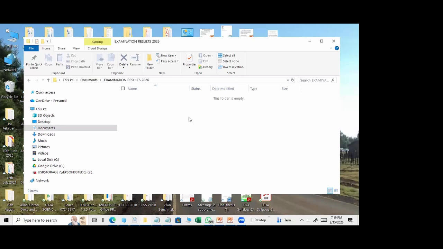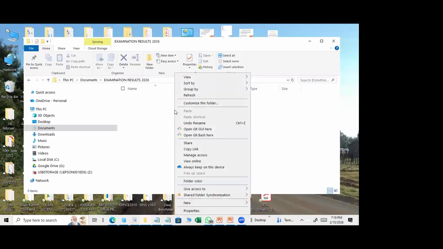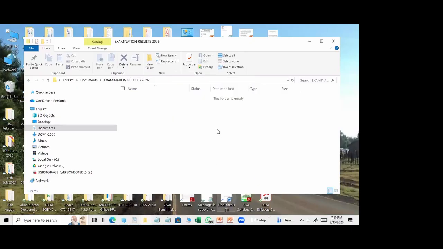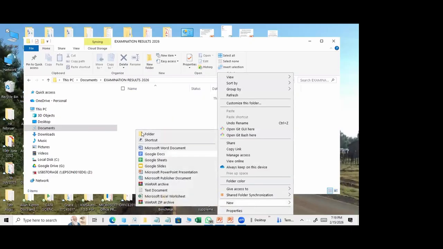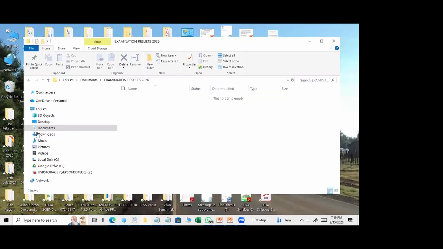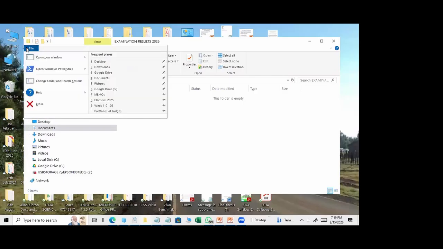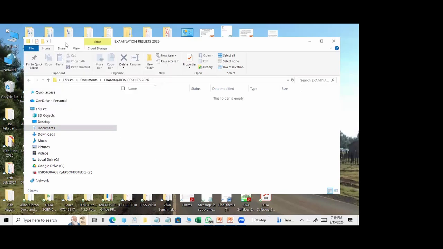Because I am a teacher teaching 2 or 3 subjects, I would want to capture folders for different subjects. So I'll do the same thing. You right-click, then you go to New Folder. Now, alternatively, you can click File, I don't know why this one is not showing. Okay, under folder here,